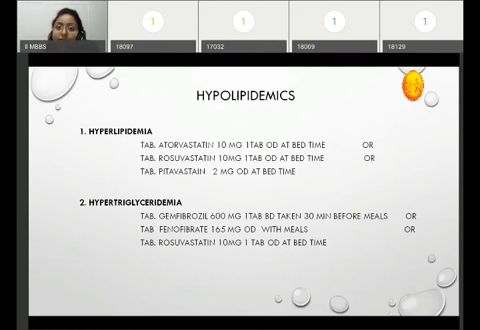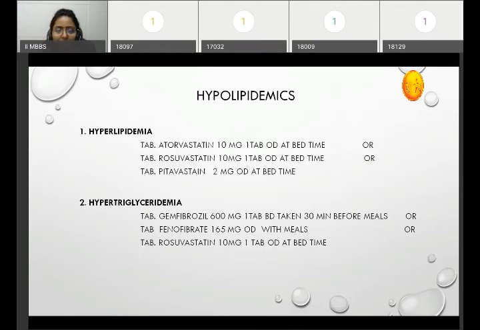This enzyme is required for degradation of LDL and VLDL in the body. So what these fibrates do is activate this enzyme, which causes more degradation of LDL and in turn decreases triglyceride synthesis also. Hence, we have seen that fibrates have more action on triglyceride level. They decrease the triglyceride level by 20 to 50%.